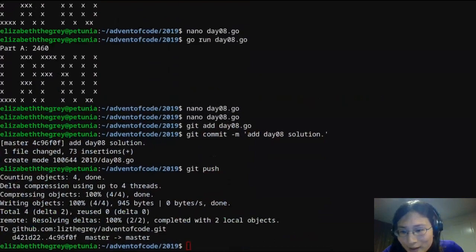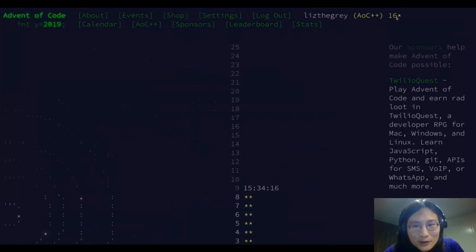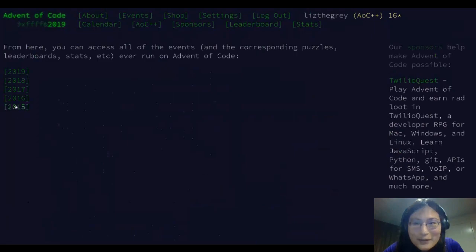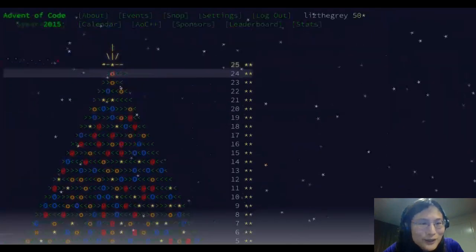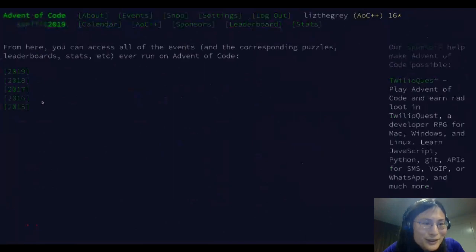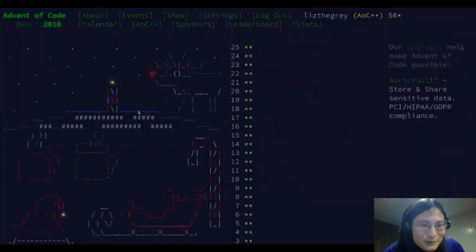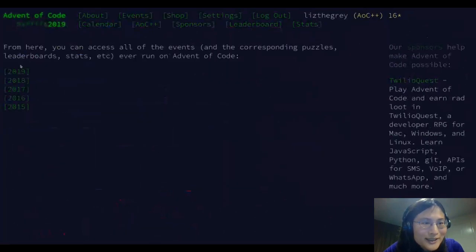Cool. And now going back to the question about what is Advent of Code. This is Advent of Code. It's a daily set of programming puzzles. I've been doing it every single year since it started. Funnily enough, if you look at my calendar from every event, you can see that I have completed 50 stars in 2015, 50 stars in 2016, 50 stars in 2017, 50 stars in 2018, and I am now caught up with as much of 2019 as has released.